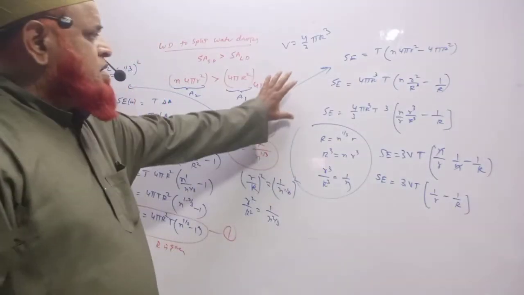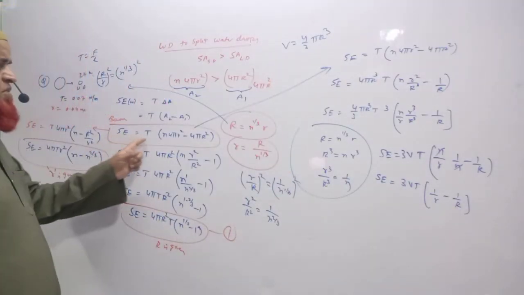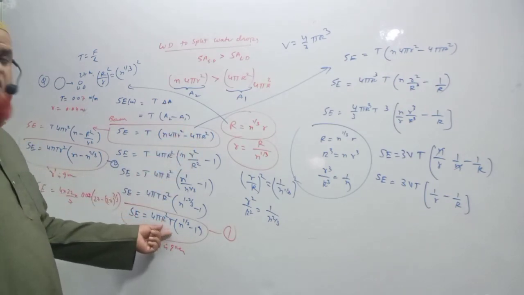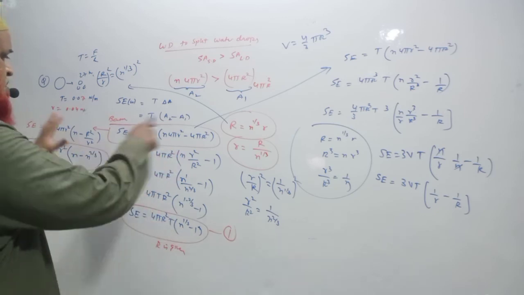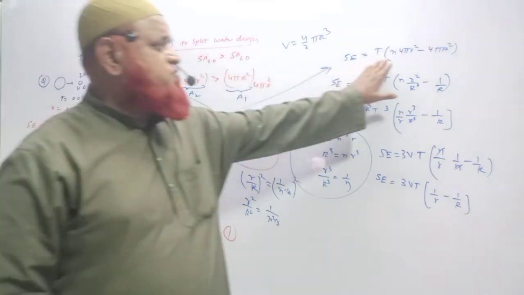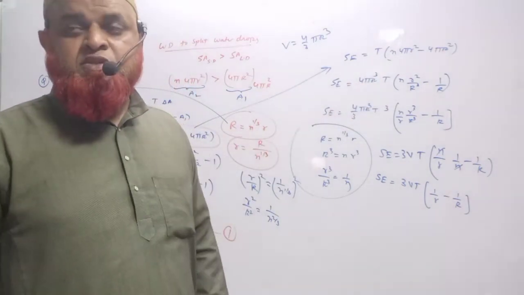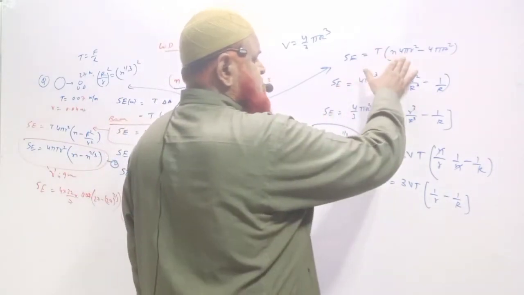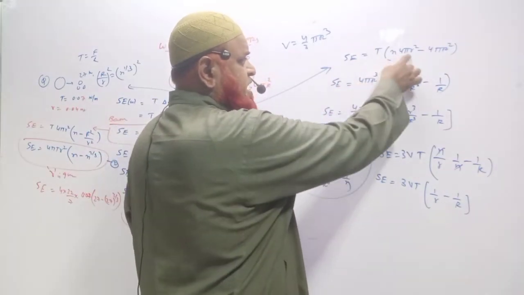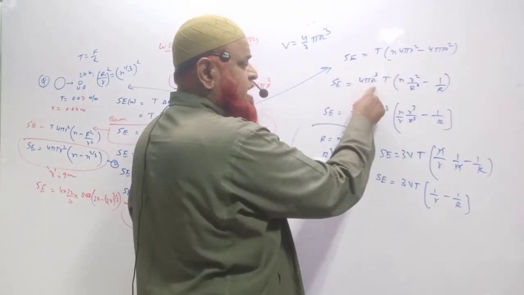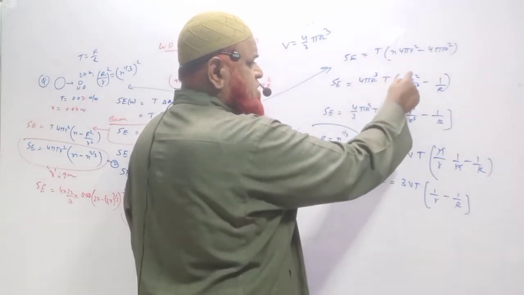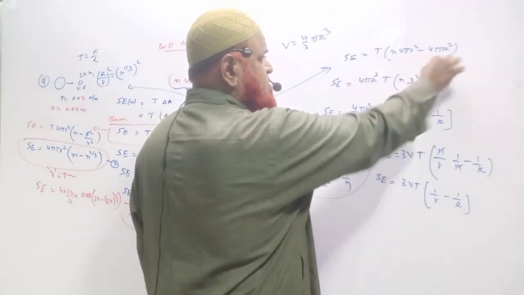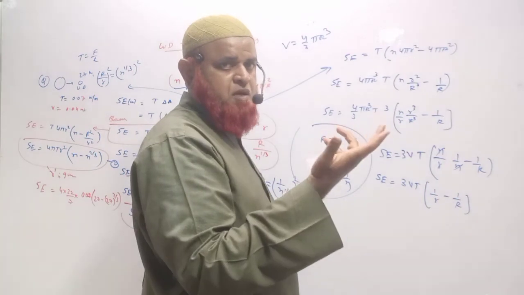Now, what I am going to explain is, this is the basic formula. From this you are getting this formula, surface energy, capital R square is common. Now, from these formulas, I have to create one formula in which volume should be present. To create the volume, you have to do some manipulations here. This is the basic formula, 4 pi R square. Instead of 4 pi R square, capital R square, can you common out R cube? R cube means n into R square by R cube, 1 by R will be there. If you multiply all these things, again you will get the same line. If you want, you can just check.